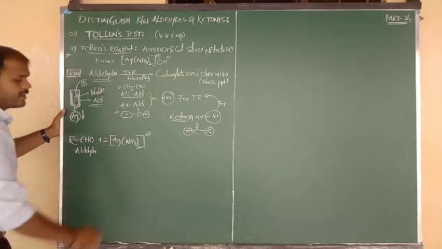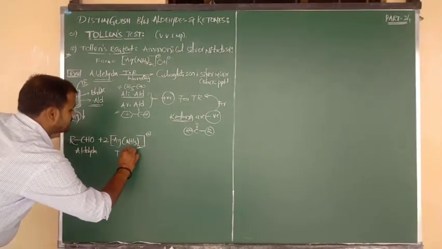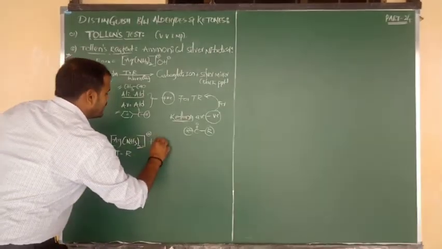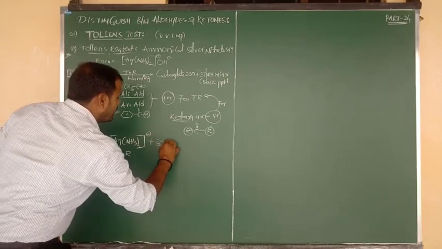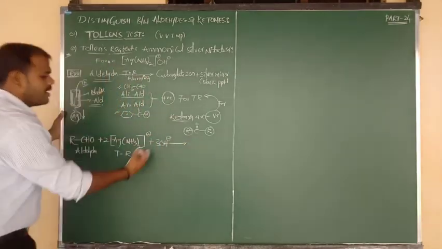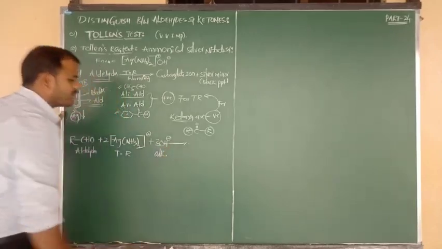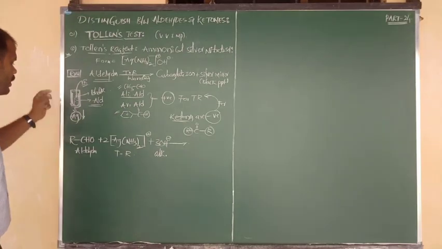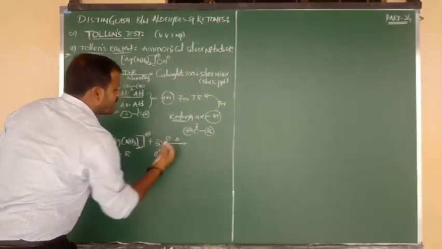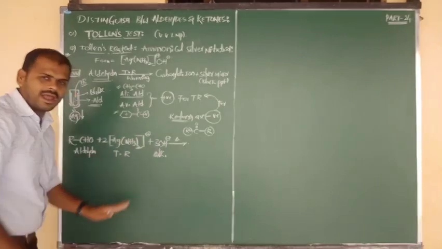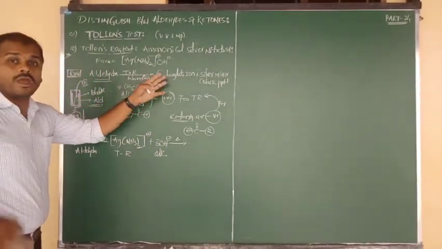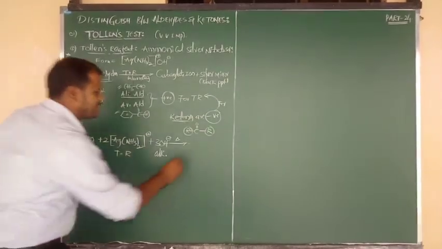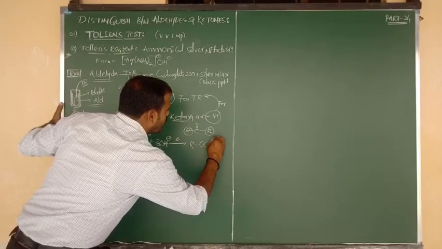But as per balancing, we require 2 moles of Tollens reagent. So aldehydes are oxidized with Tollens reagent, and the reaction takes place in alkaline medium, basic medium. I have taken here 3 moles of alkali or base. The reaction must be in basic medium. This is fixed. So aldehydes upon heating or warming with Tollens reagent in alkaline medium change into the carboxylate ion, meaning to that aldehyde group we add one oxygen: R bonded to COO minus.